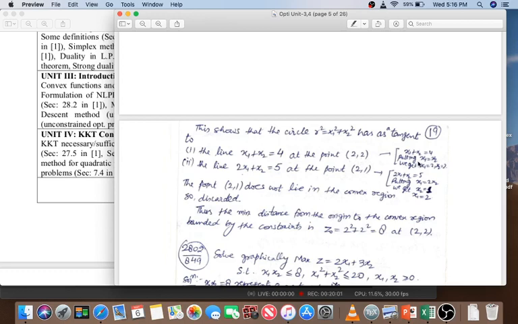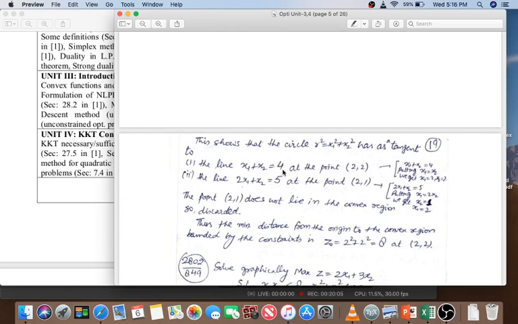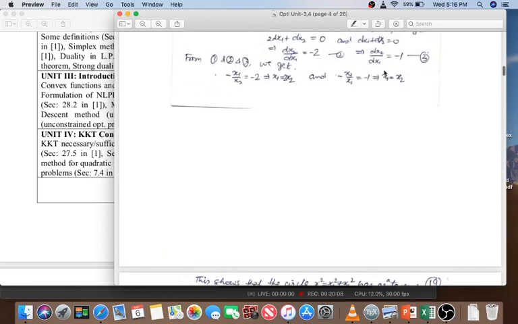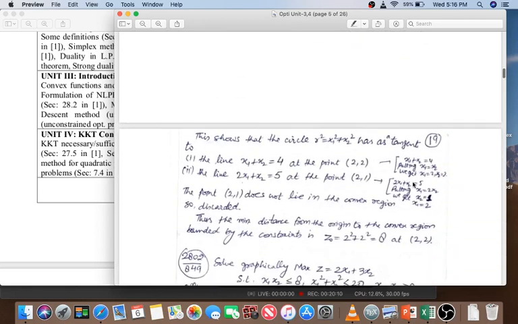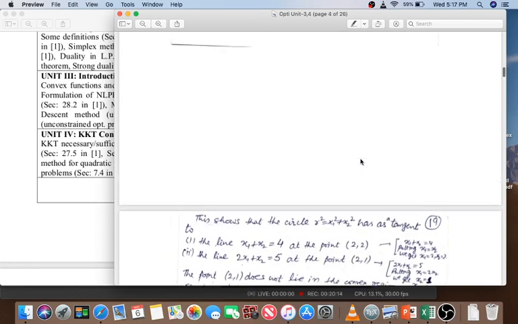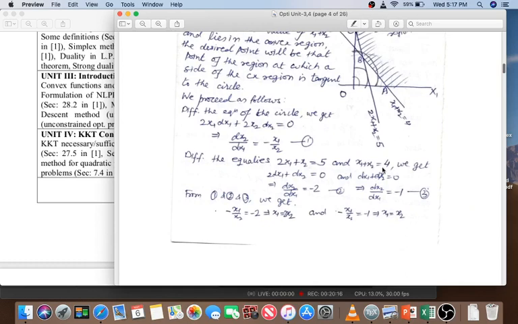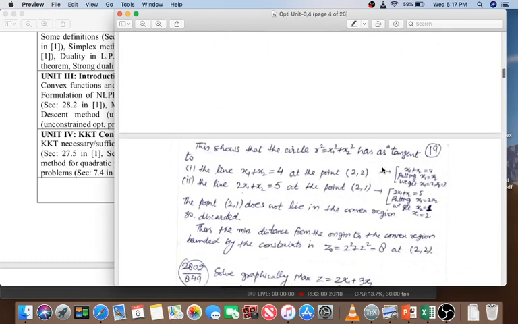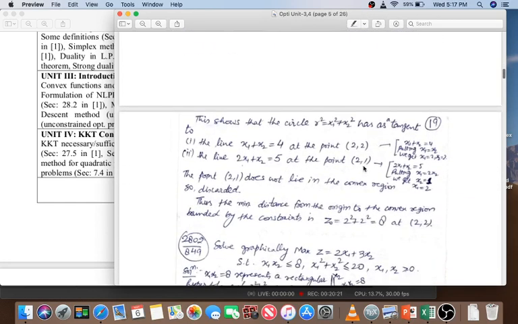This I can solve because x1 plus x2 is equal to 4. So I am taking first, if the circle is touching this line, in this line we have already x1 equal to x2. So when I put x1 equal to x2, you get the 2 points. Here the point of contact is (2, 2) for this line, and similarly for the second line the point of contact is (2, 1),